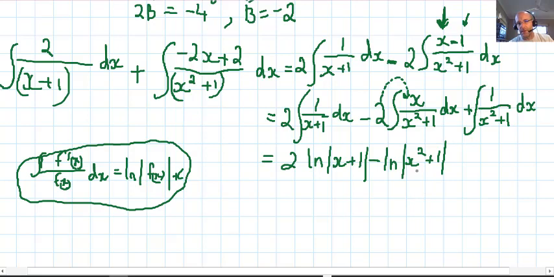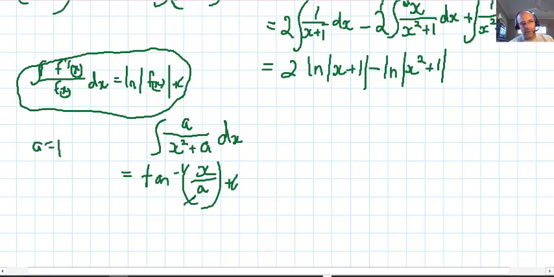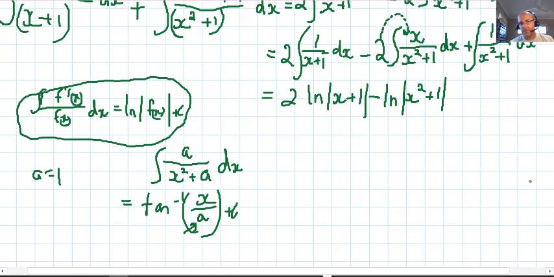Now what about this fellow at the end here? We have the case where we have the integral of a being some constant over x squared plus a, and we know from our previous work that that equals inverse tan x over a plus c. Okay, so inverse tan x over a plus c, where a equals 1 in this case, so we will have a 1 there, so it'll just be inverse tan of x. Okay, so plus,